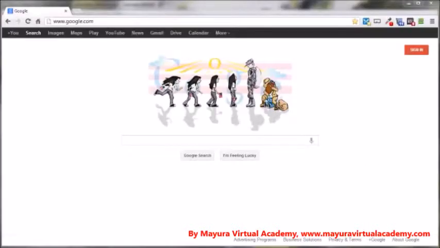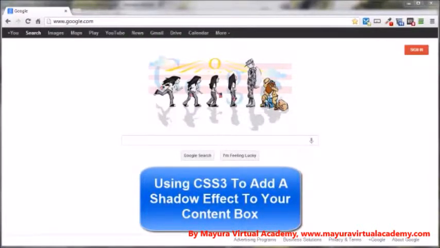Adding a content or CSS box to your HTML document can really make the content inside that box stand out from the rest of the content in your document. Now, when you add some cool styling that is now available using CSS3, your content box is going to stand out even more. This video will show you just how easy it is to add a shadow to your CSS